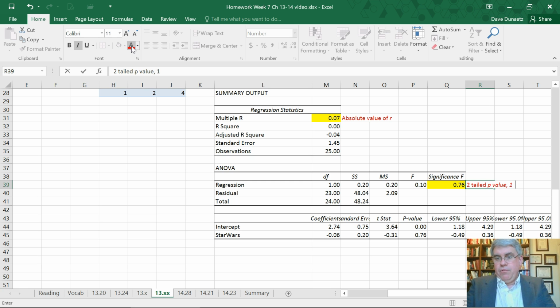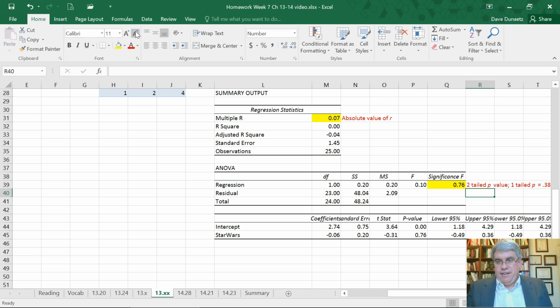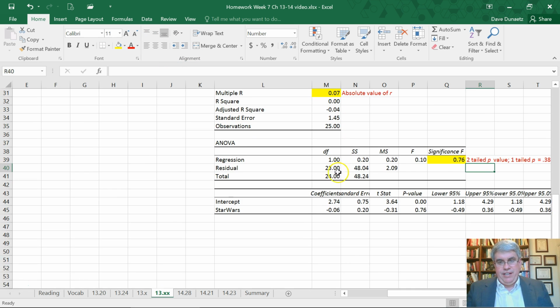That means the one-tailed p-value would be half of that. Let's turn off the italics. That's half of 0.76, which is 0.38. Ooh, that's not very encouraging. So it's not significant. Here we've got the degrees of freedom